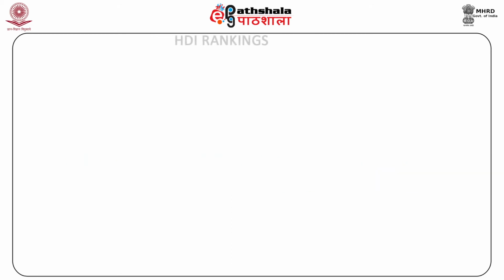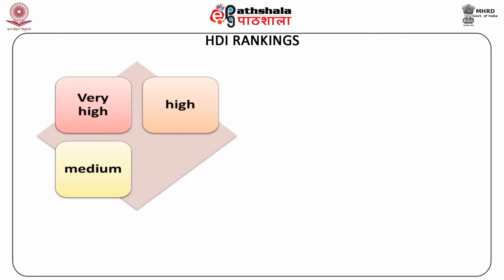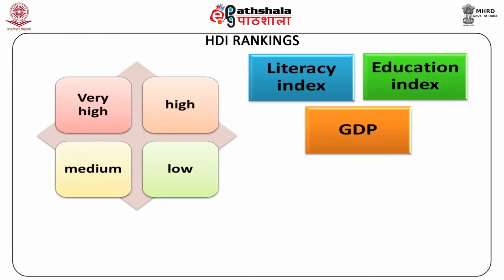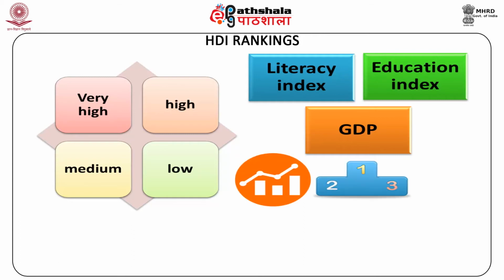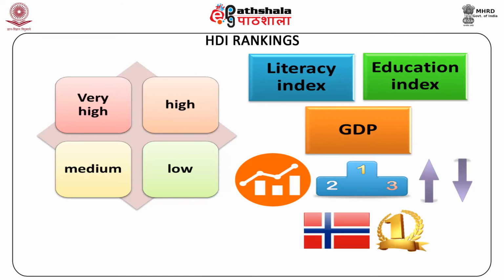Each year, HDIs of the various member countries of the UN are calculated and the countries ranked accordingly into four tiers or levels of economic development: very high, high, medium, and low. The statistical tools used to calculate HDI help assess the relative economic status or standing of countries as well as their progress or regression, that is, movement up or down the ladder of the rankings. At present, Norway is at the top among all the member